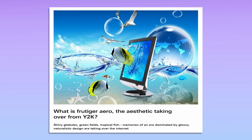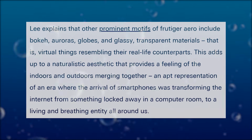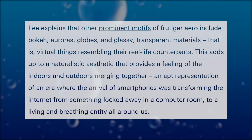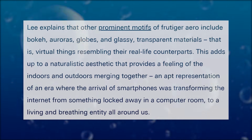From a Dazed article on the recent rise of Frutiger Aero, explained by Sophie Lee, the researcher who first identified and named Frutiger Aero, quote, "Lee explains that other prominent motifs of Frutiger Aero include bokeh, auroras, globes, and glassy transparent materials, that is, virtual things resembling their real-life counterparts. This adds up to a naturalistic